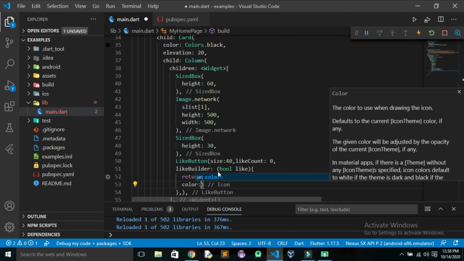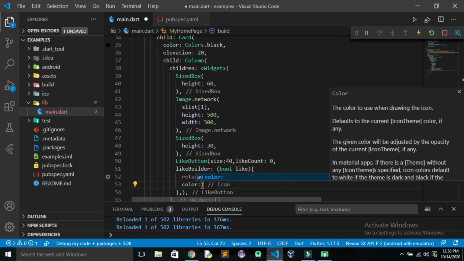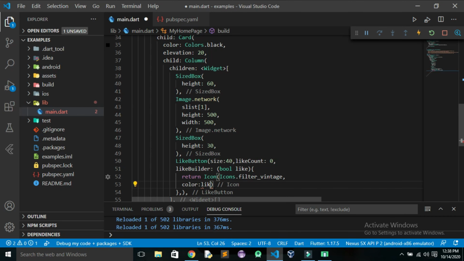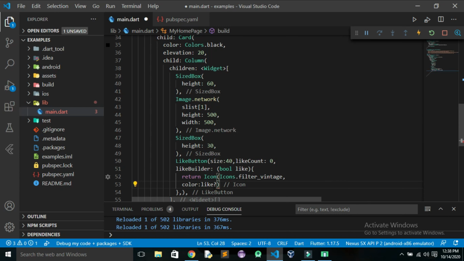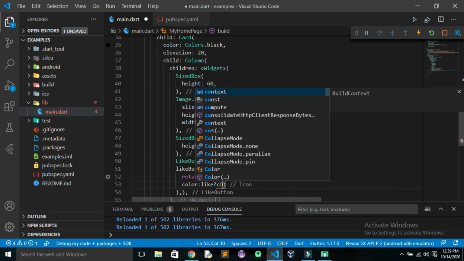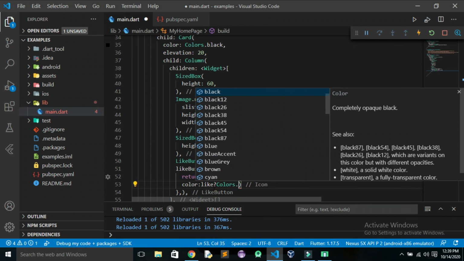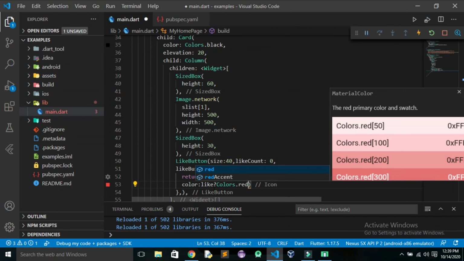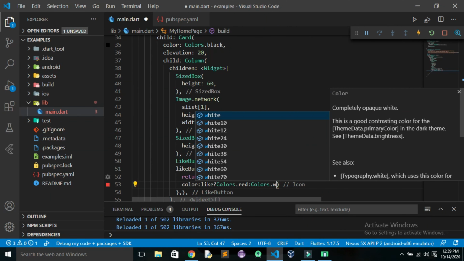I'll just check that if it is liked, then the color will be red, otherwise it will be white. So now we'll use the ternary condition to check if it is liked. Then I'll use Colors.red, and otherwise I'll use Colors.white.